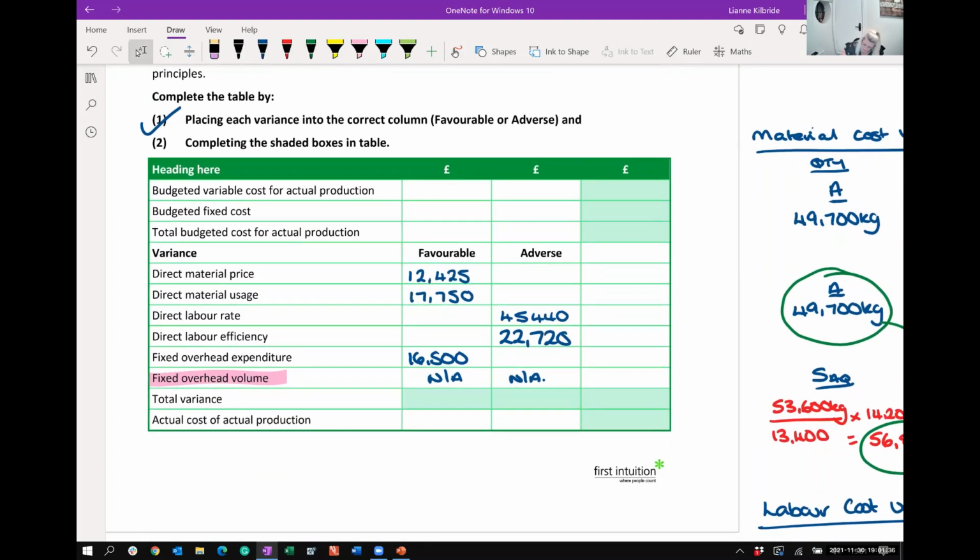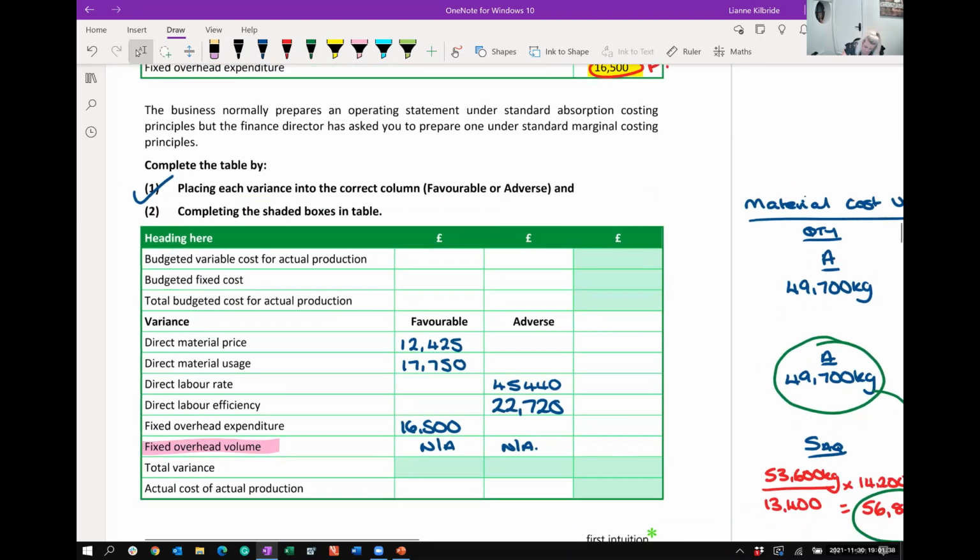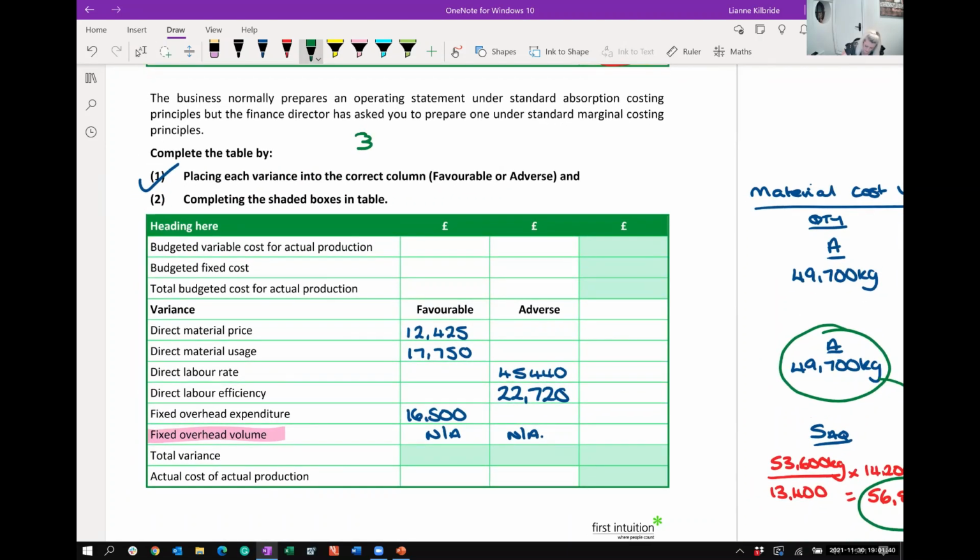I'm just going to do a side working here. So you've got 321,600, add together the 3,400. Once you've added those two variable costs together, we then divide that by the budgeted units of 13,400, and then you multiply it by the actual production that you've used. So the answer that will sit in that first box is